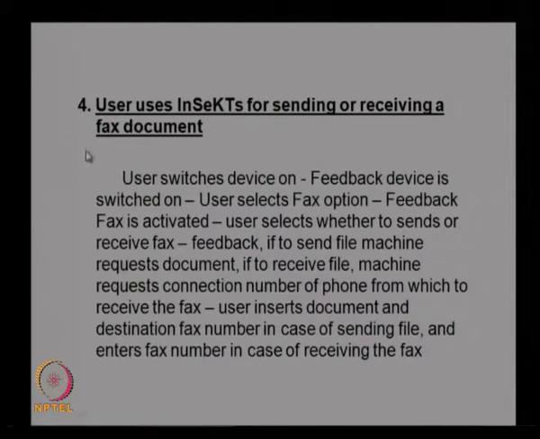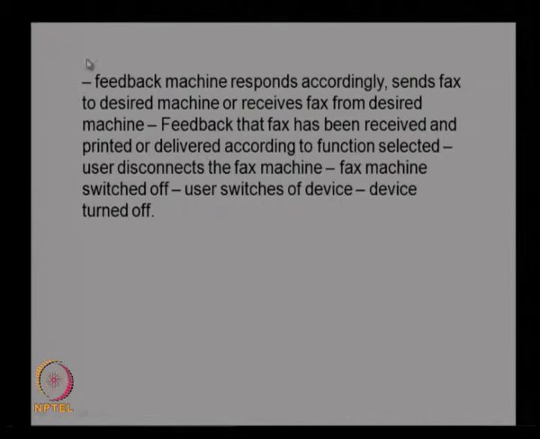So again the idea is to get all the activities noted down or recorded, so that we can see whether any additional requirement is to be provided in the system to meet that particular service. So this again is the same, the fax service. How do we actually identify the requirements for the fax service? What are the various stages to be identified?